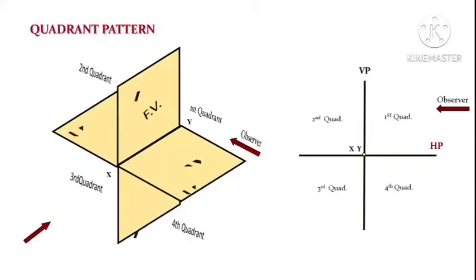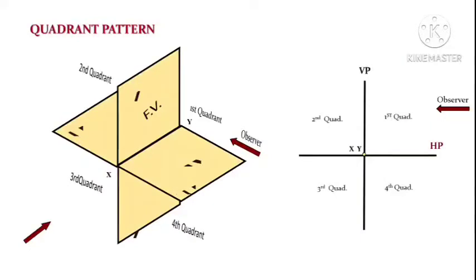If you look at the image on the left-hand side, I have mentioned XY, right? That XY is nothing but the intersection line, the intersection of the vertical plane and the horizontal plane, the line at which both planes intersect. So that line I represented with XY, and the XY line is nothing but the reference line.